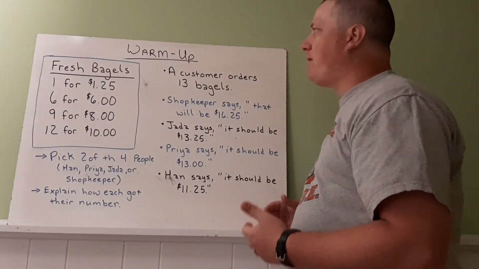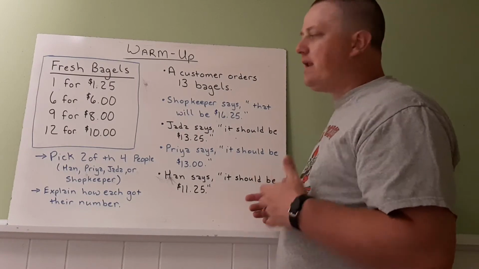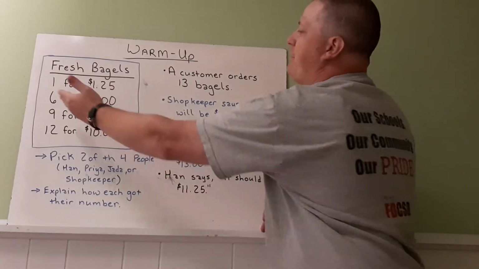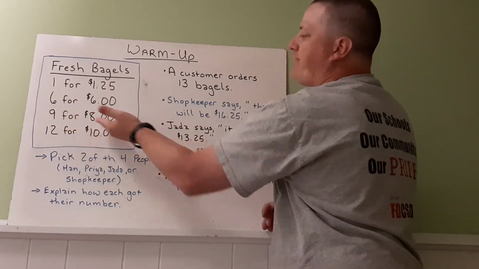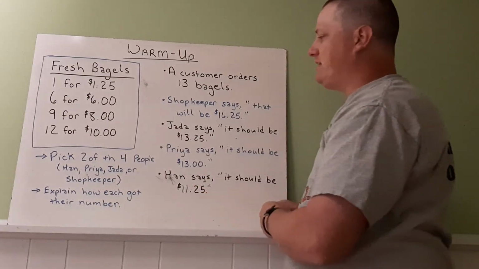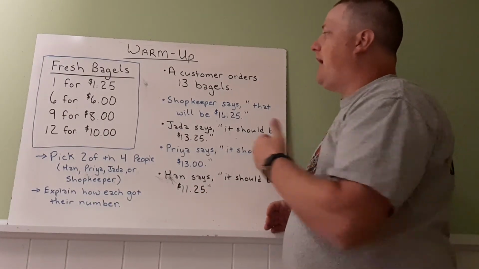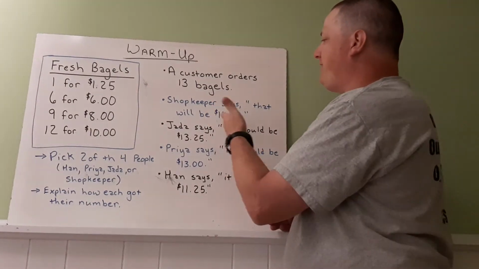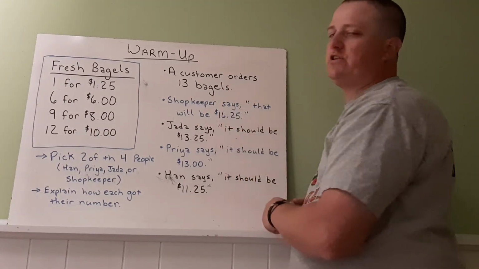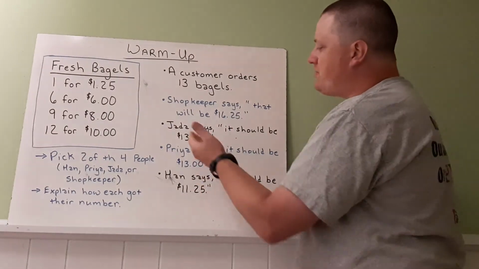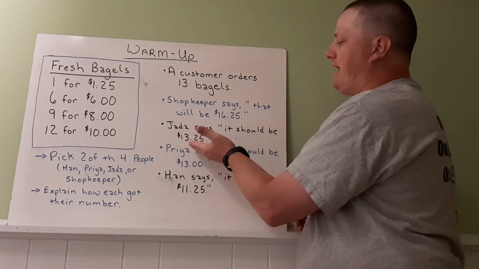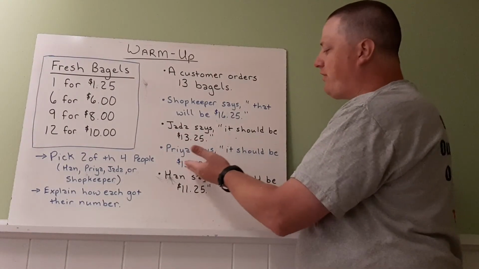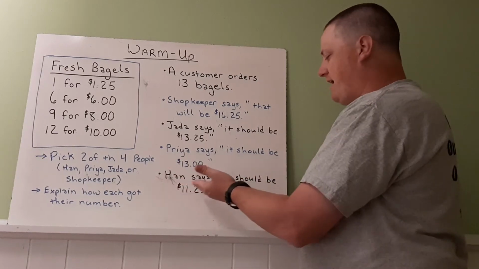All right, so here's our warm-up for lesson 1. In a bagel shop, we have this sign: fresh bagels, 1 for $1.25, 6 for $6, 9 for $8, and 12 for $10. A customer orders 13 bagels. The shopkeeper says that will be $16.25. Jada says it should be $13.25. Priya says it should be $13, and Han says it should be